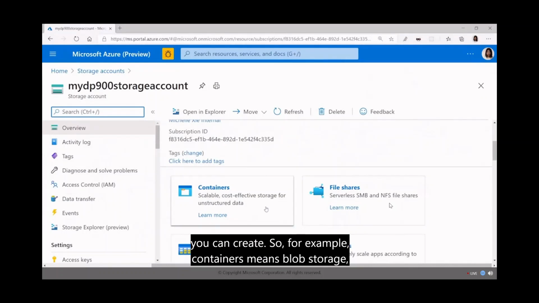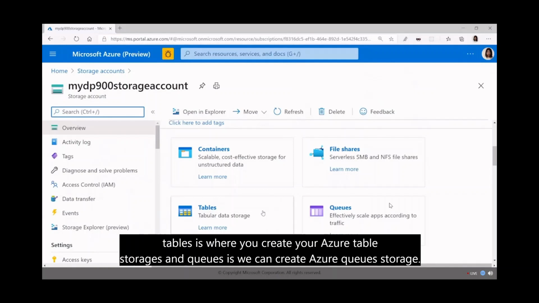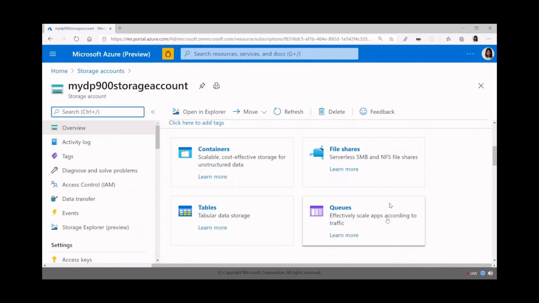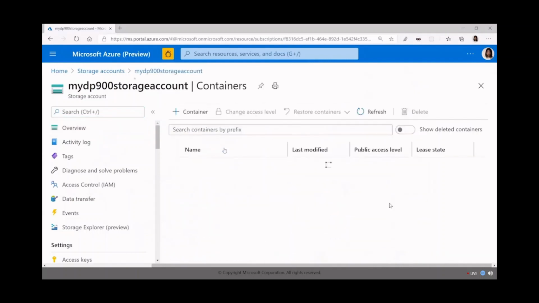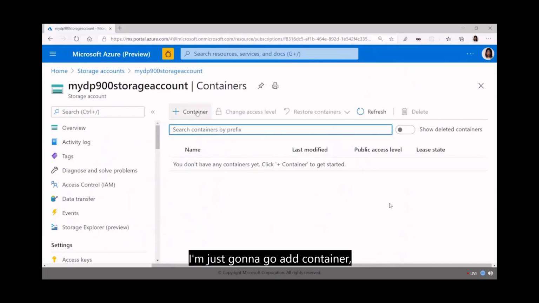So for example, containers means blob storage, file shares means Azure file storage, tables is where you can create your Azure table storage, and queues is where you can create Azure queue storage. So I'm just going to click into containers. Now I don't have a container set up for my blob storage, so I'm going to go and create one. So I'm just going to go add container,